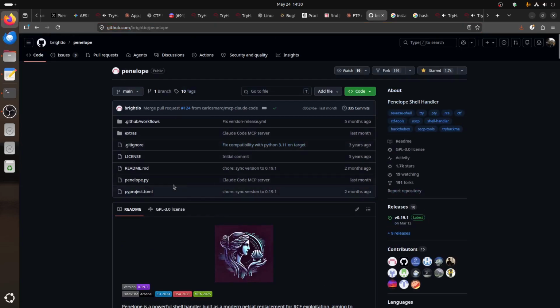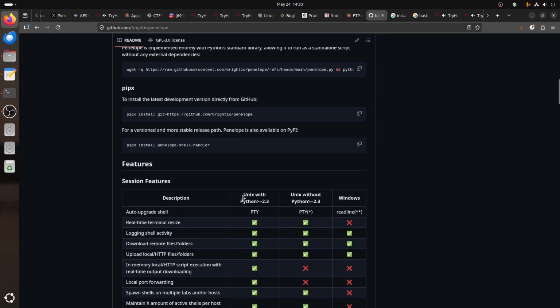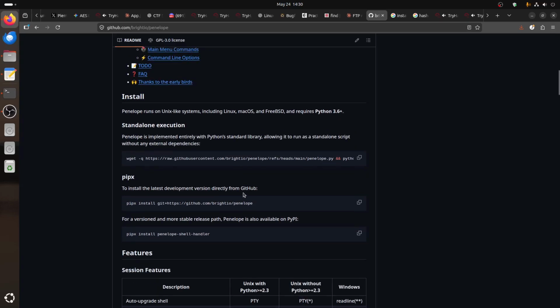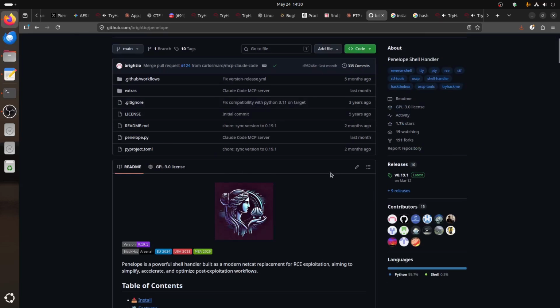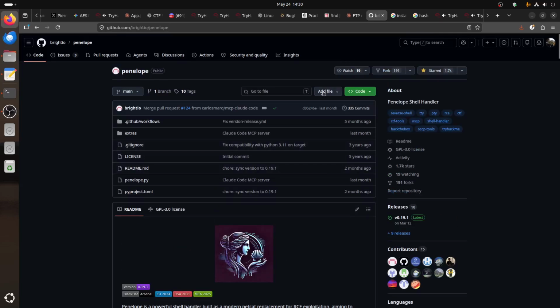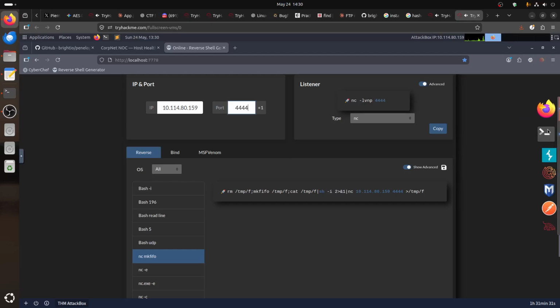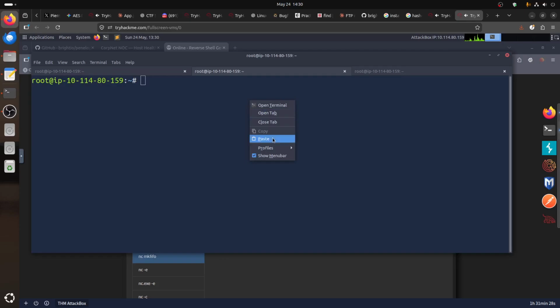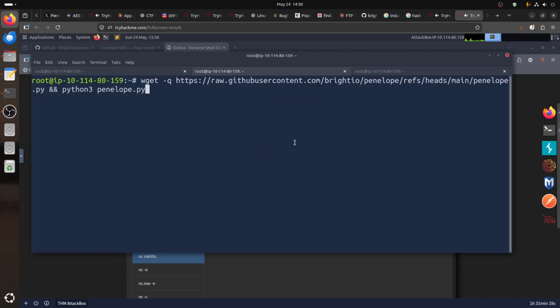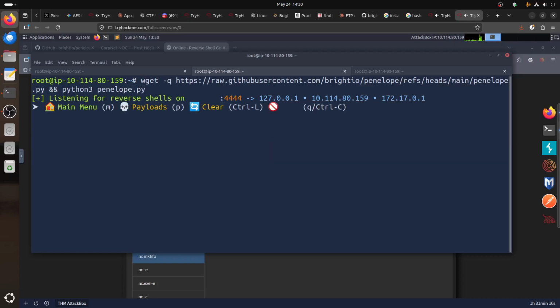I don't like to keep a copy-paste Python every time. This one is nice, so you can use the classic, or this one, install it directly. I use this one. It's a reverse shell that automatically does things for you. You don't need to fiddle too much about it. So if I want to install it in this machine, I can just, oops. And you can do menu, it's listening on 4444. So our next move is,